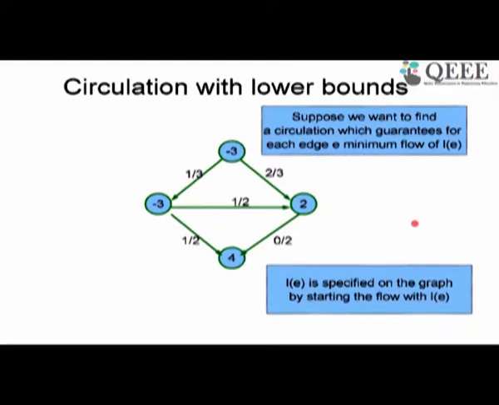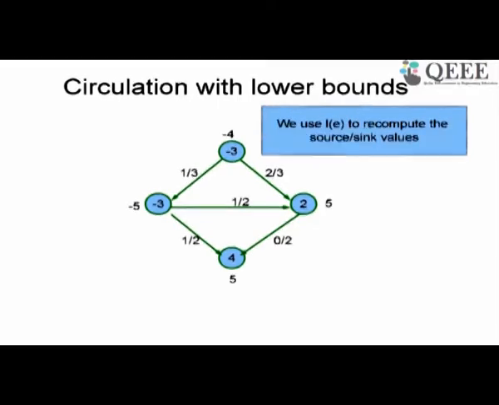I am asking the question, is there a circulation with the given minimum values? Obviously, what I can do is start Ford-Fulkerson with this flow. Whatever flow is written here, I can start with that and run Ford-Fulkerson and that should give me the answer. The way of doing that is, instead of minus 3, since I have a minimum value of 1 here and a minimum value of 2 here,